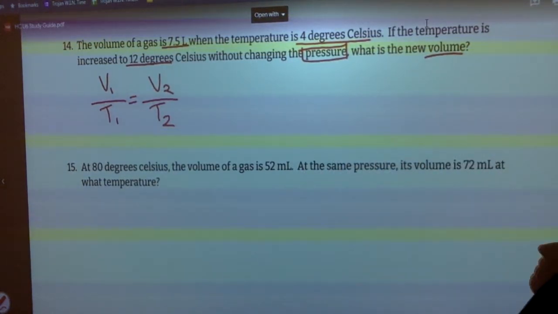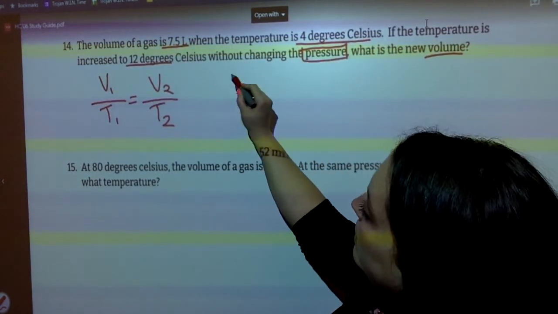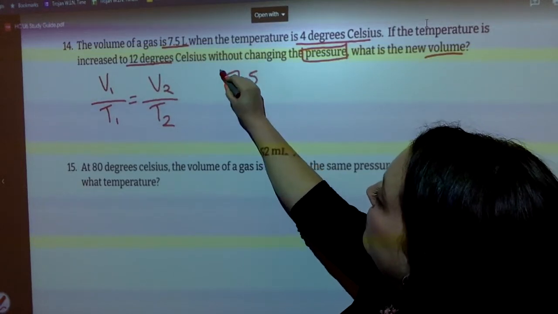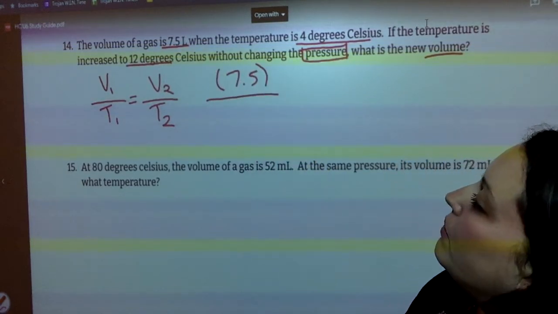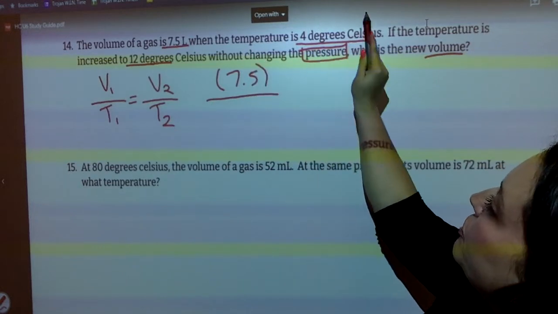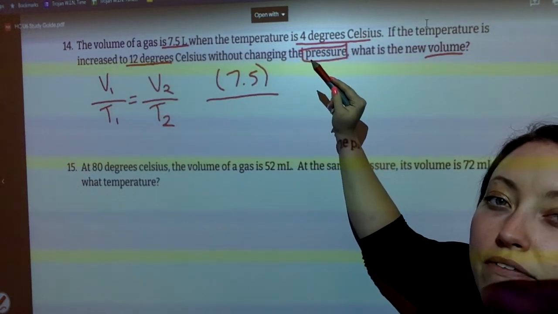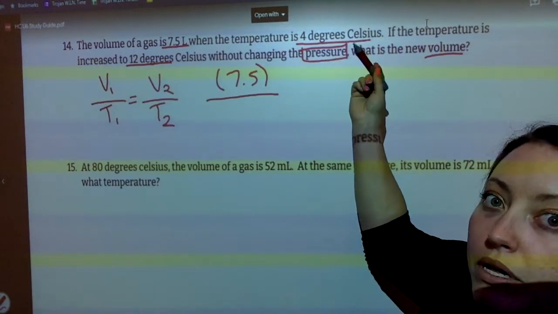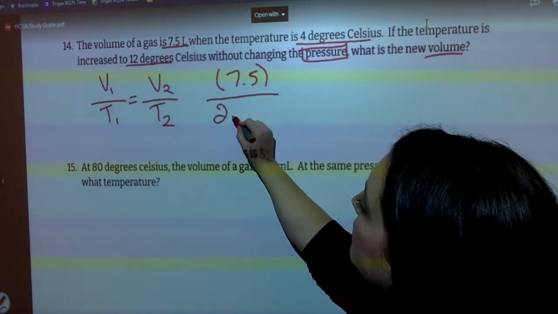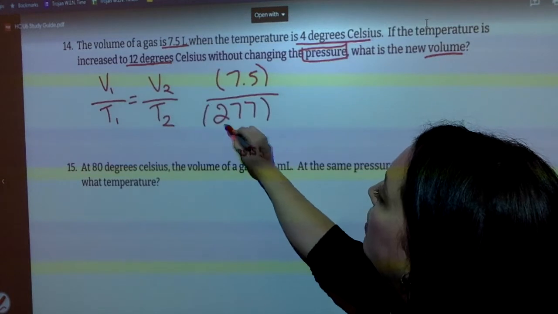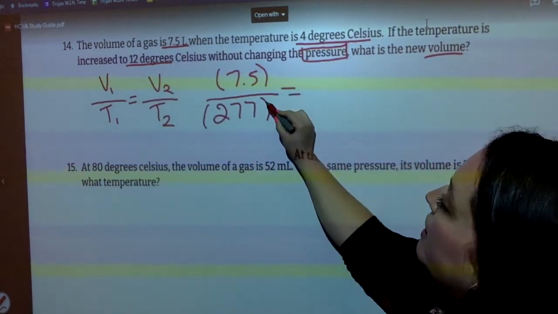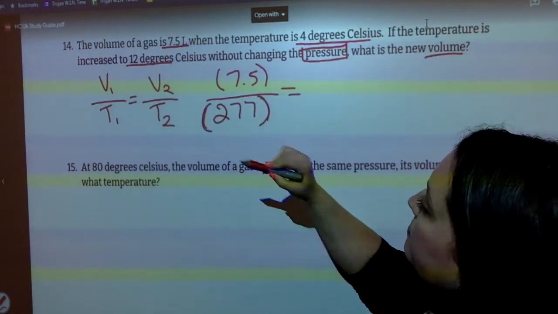Okay, so volume 1 is already in liters, so it's going to be 7.5. I'm going to put that over the temperature in Kelvin. To convert it into Kelvin, you just have to add 273. So we're going to have 4 plus 273, so 277 on the bottom, set equal to